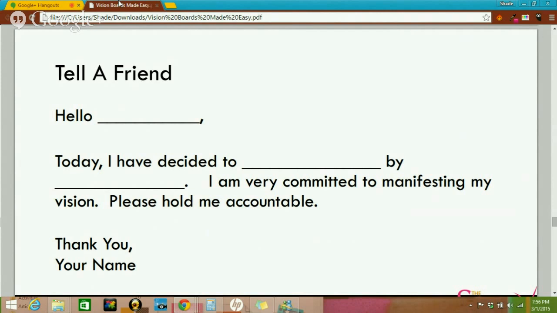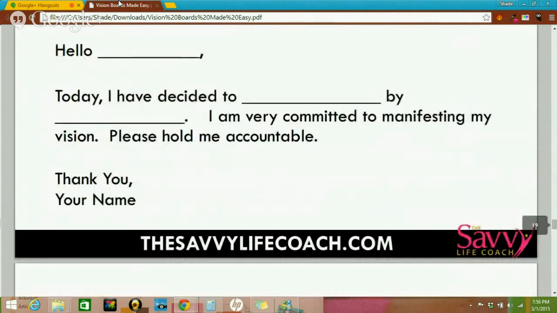One goal was I needed to launch my new website, The Savvy Life Coach, by February 1st. By February 1st, the website was launched. By March 1st, I needed to sign some contracts, get some events handled, and get some business stuff handled by today's deadline. It was handled because I didn't want to pay the money. So there was a financial incentive in our challenge to each other each month, and we do this every single month. So we didn't have our meeting today because of the webinar, but more than likely we'll have it afterwards, and we're going to set some new goals for the month.